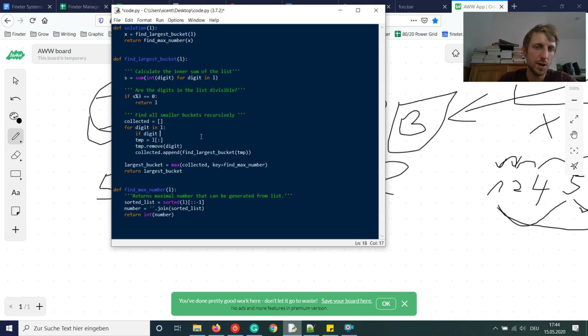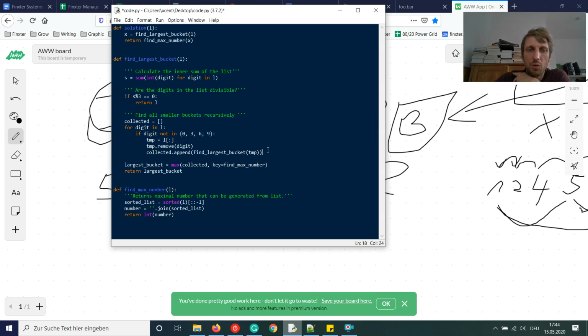Now let's make it the other way. If digit not in 0, 3, 6, 9. This is a simple optimization which we can use. Okay, so we go over all digits in our list, and if the digit is not one of those